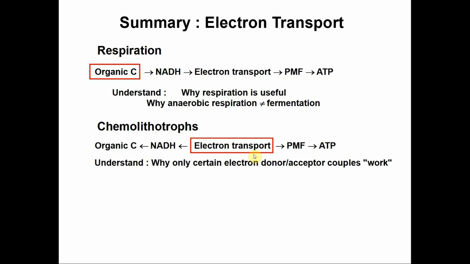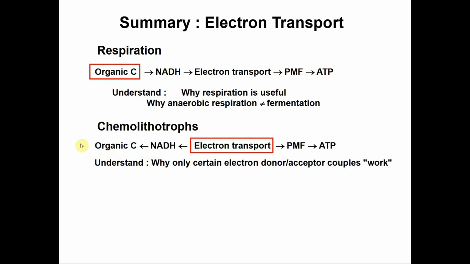This electron transport chain is used to generate, on the one hand, a proton motive force, which allows bacteria to generate ATP, and it can also be used to push electrons onto NAD+ to generate NADH, and this NADH will supply the reducing power required to fix carbon dioxide into organic carbon. So you see the elements in the process are kind of the same, but the direction here is reversed compared to